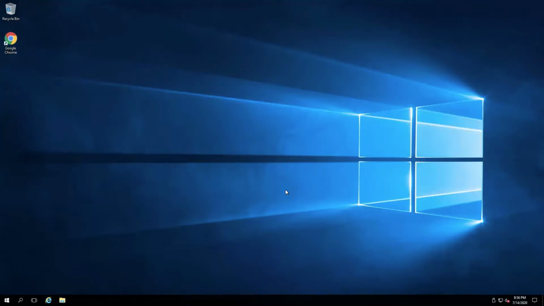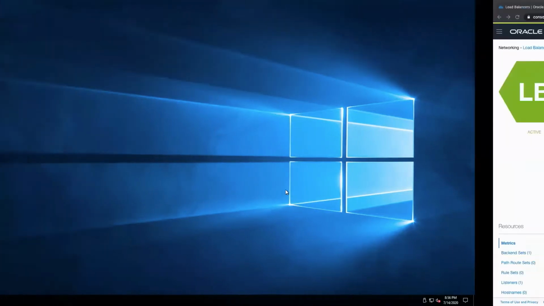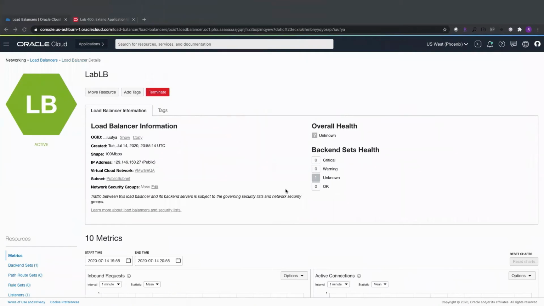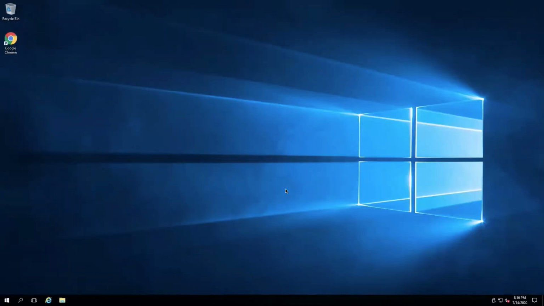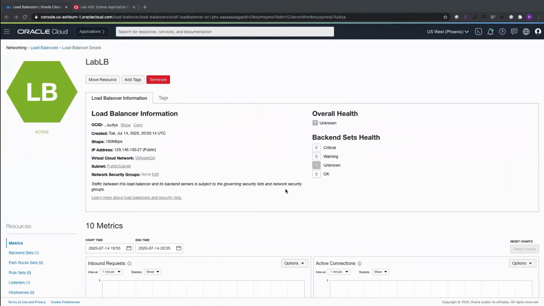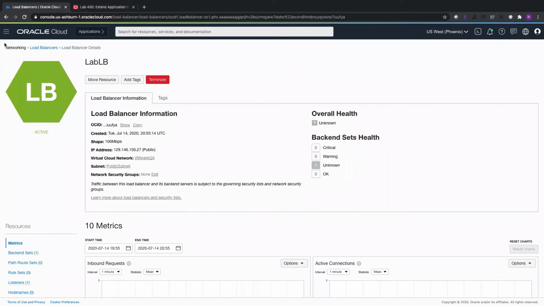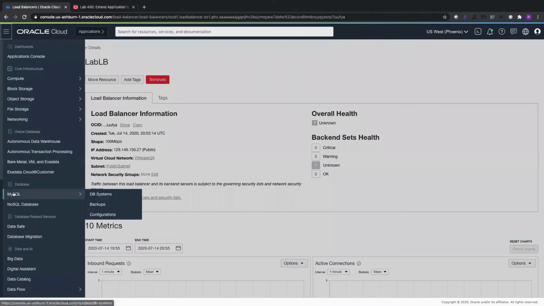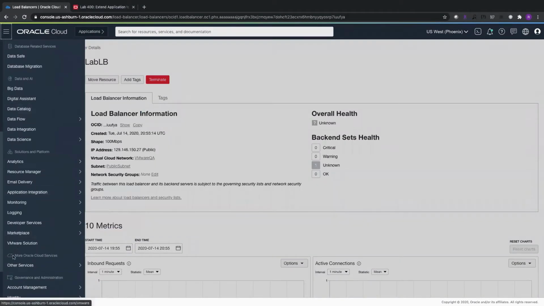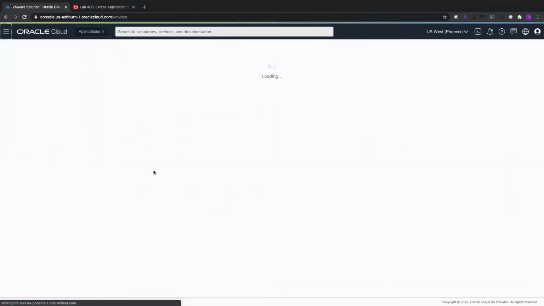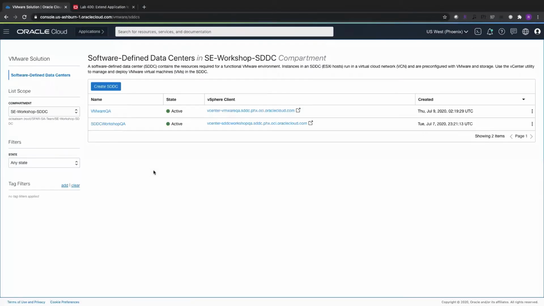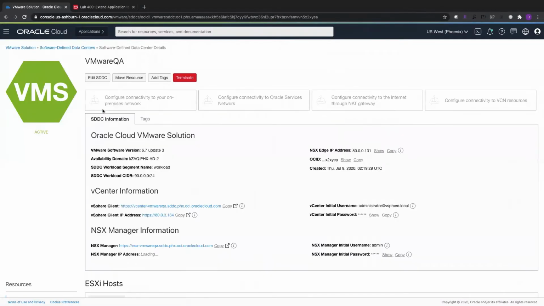Now, to get the vSphere URL, scroll back to your OCI tenancy. Scroll to the VMware solution section and open your SDDC that you've created.